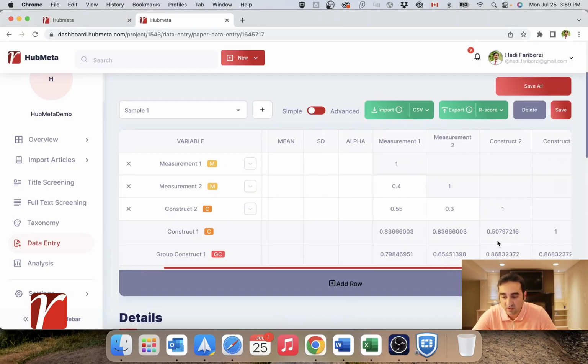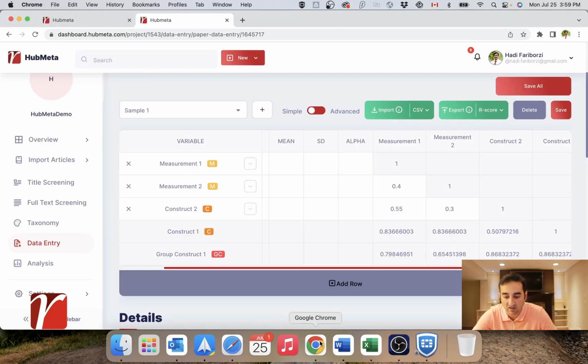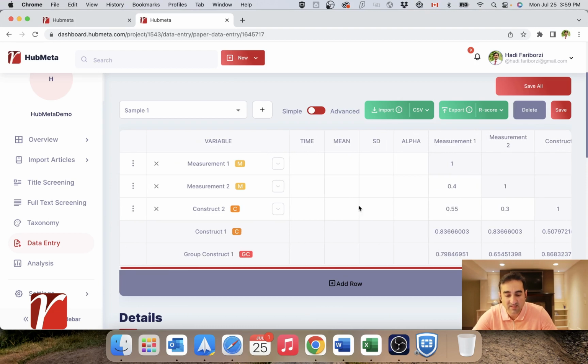And also this last one, which is between construct 1 and construct 2, which is this guy right here. In addition, remember, we had already grouped construct 2 and construct 1 into group construct 1. So HubMeta is automatically calculating composite scores for this one too. So down here, you see how composite scores are calculated for that.